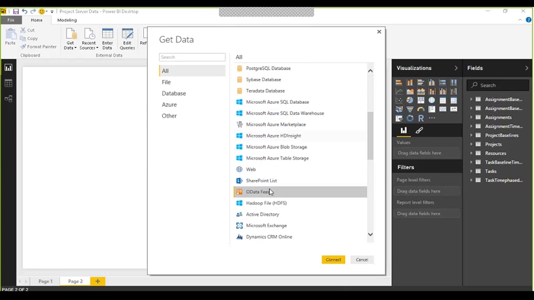We're going to look at several different options for this, but by connecting to this OData feed, without even connecting to a database, we can pull in any type of JSON object, XML, or anything like that that is available to us. And that's what Project Server allows us to do. So if I click on Connect to OData Feed,